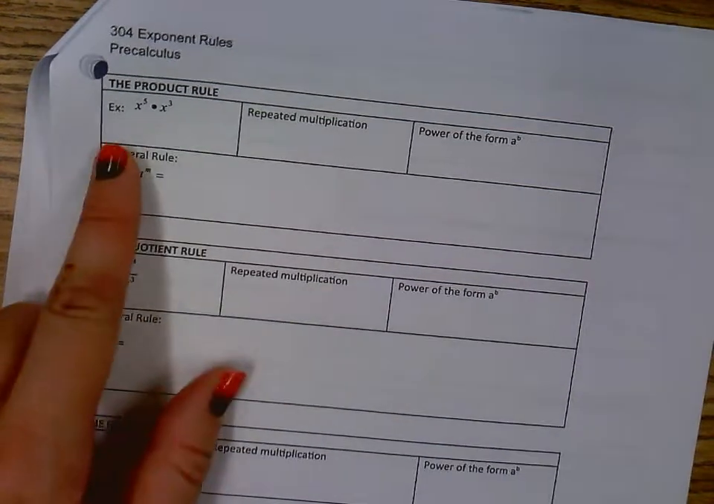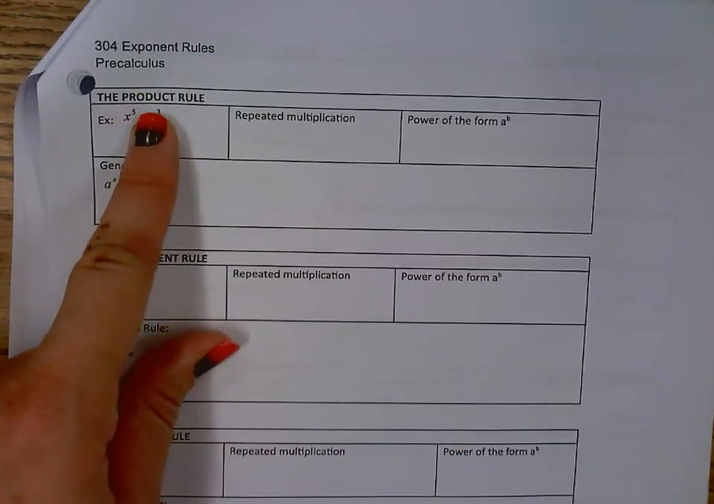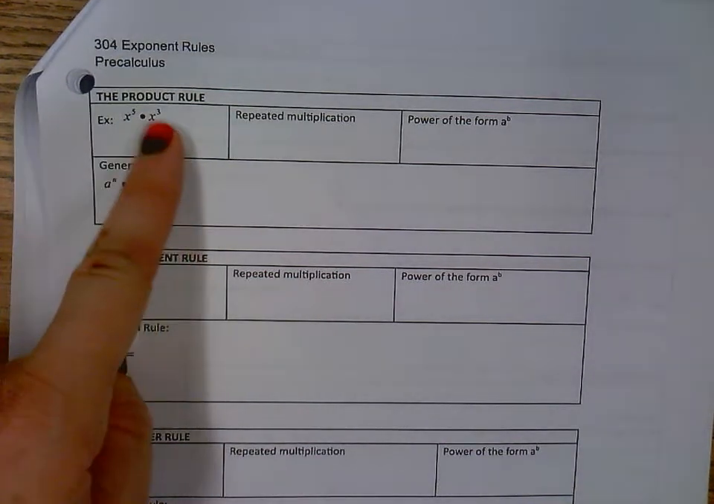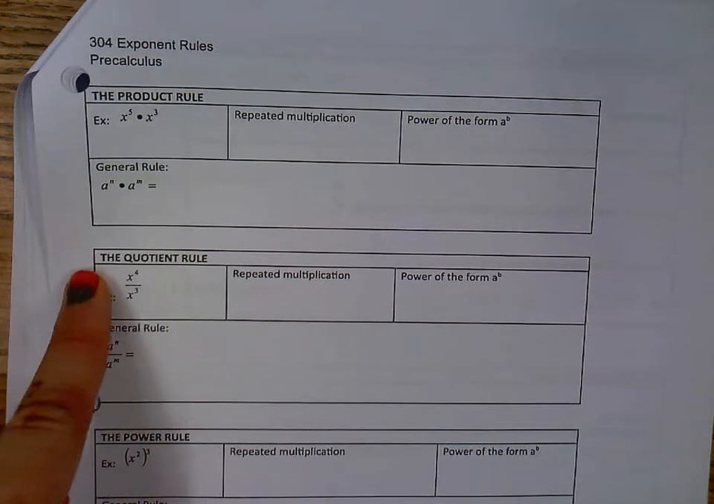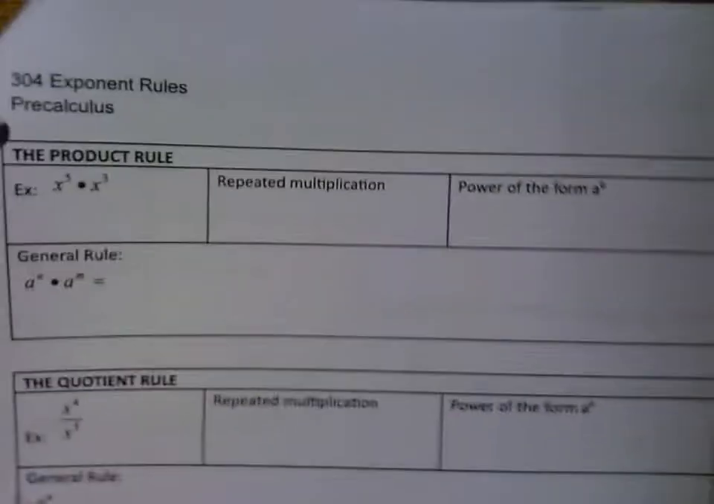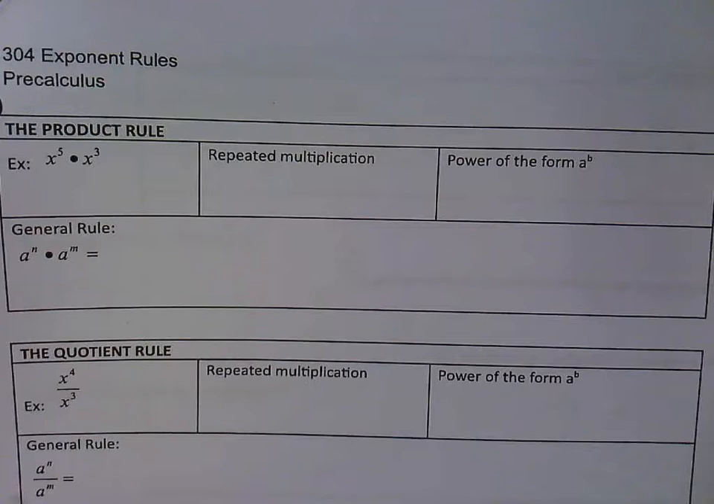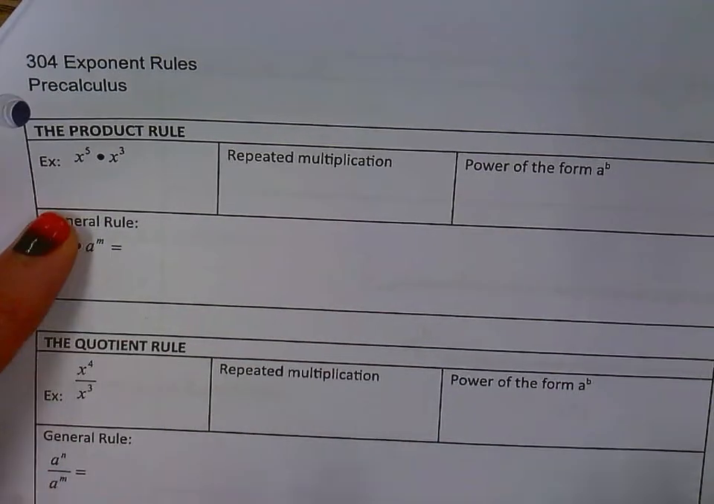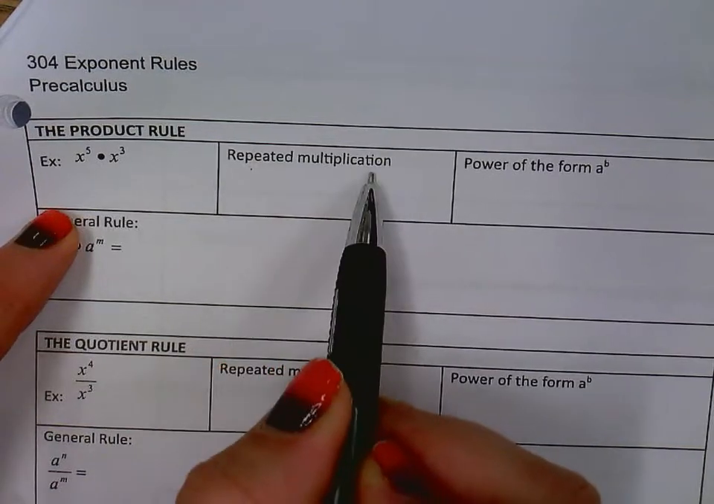You don't have to know the names. The only reason this is called the product rule or the quotient rule is just because there's a multiplication problem or a division problem. So you don't have to know the name of the rule, but you just have to know what it simplifies to. So x to the 5th times x cubed, if I wanted to write out repeated multiplication,